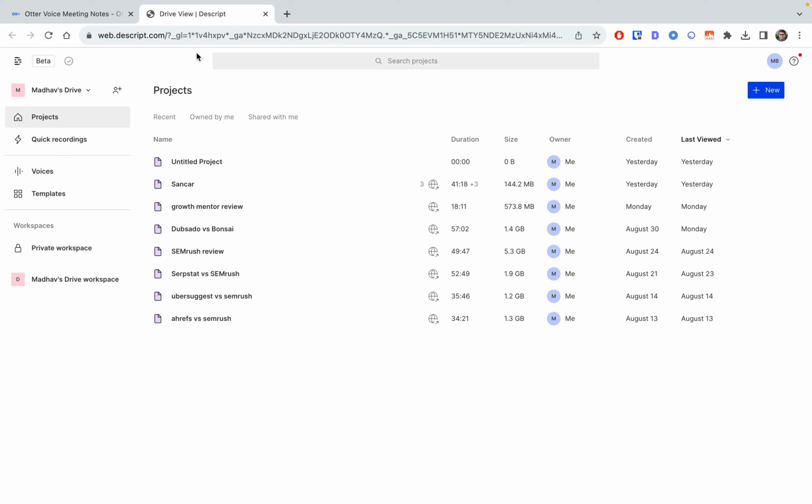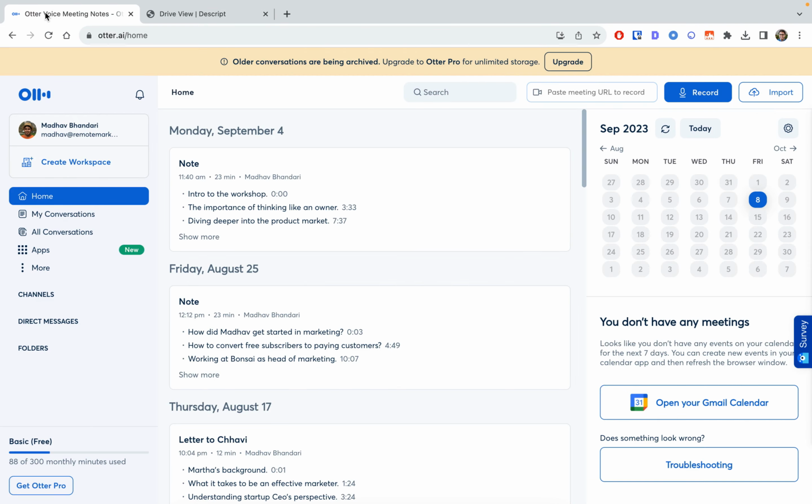and solopreneurs. Otter is best for, like I said, meeting transcription and AI-based notes. It's best, again, for CEOs, busy professionals, people who are in a lot of online meetings and just want a way to summarize their meeting notes easily. And it also works organization-wide. If you want to record the calls, transcribe them, and create meeting notes and then put that back into your CRM, like Salesforce, then Otter is great. So I would say Otter is better suited for salespeople, while Descript is better suited for marketers and creators and